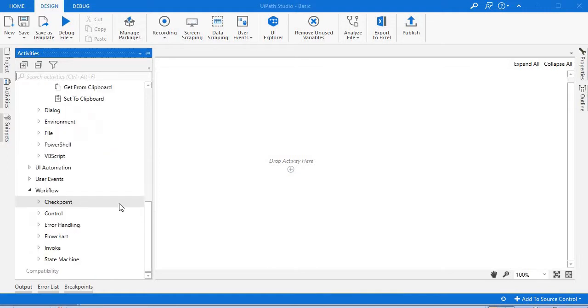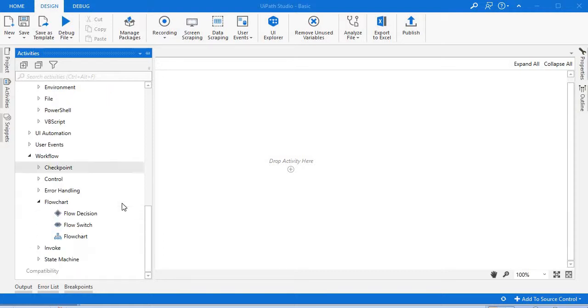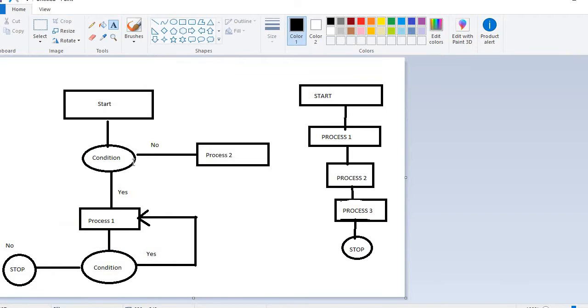So for starting, we have two options like flowchart and sequence. On the left hand side is how the flowchart will work, and on the right hand side is how the process will work. Basically, flowchart works under some conditions.